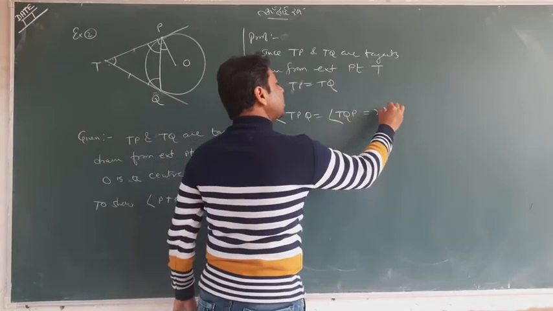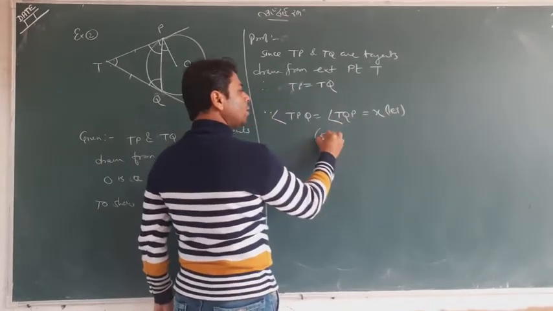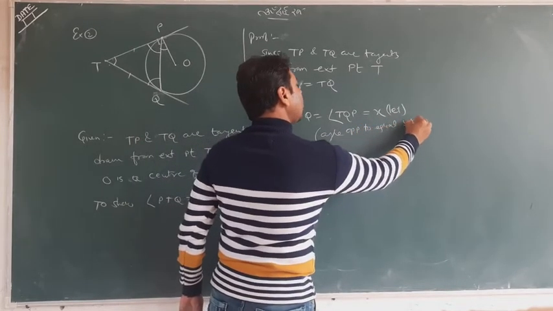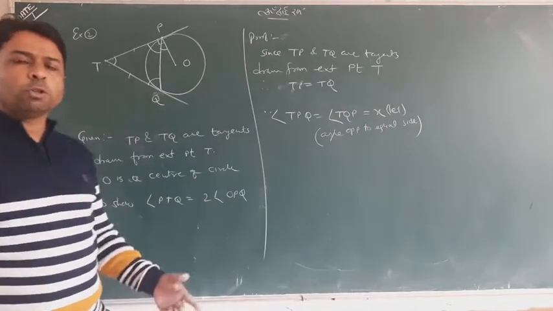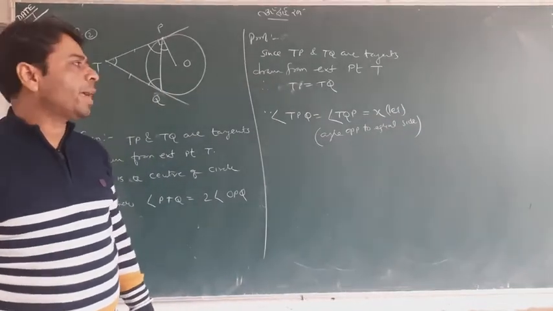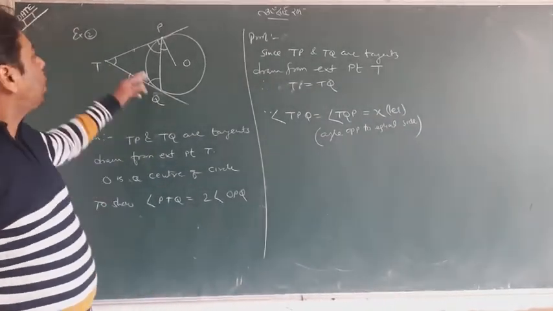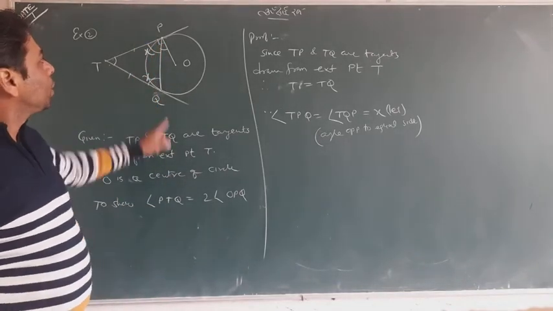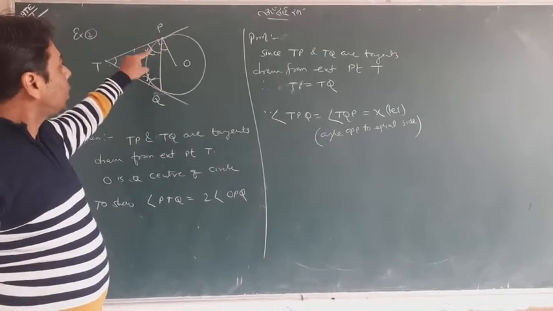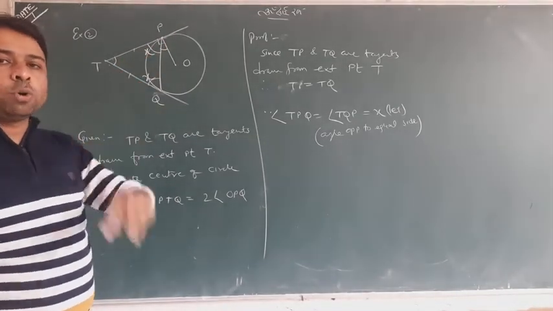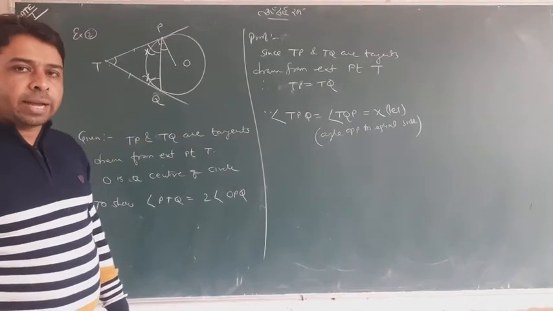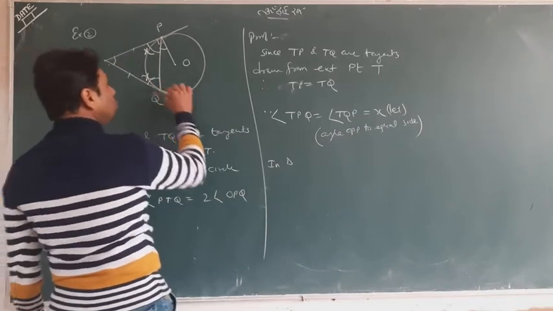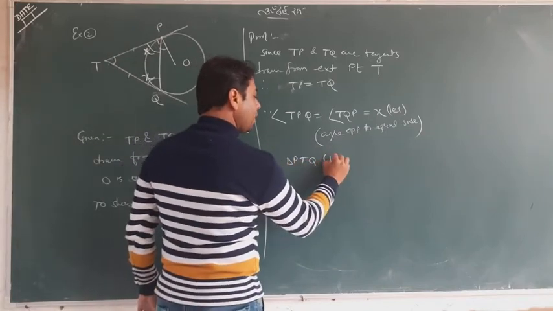And I say it is X. Let this be X, being the angle opposite the equal side. You can also assume any other variable like X, theta, Y. So I assume it is X and X. Now remember, its whole is 90. Now I will go on angle sum property. In triangle PTQ, by angle sum property,